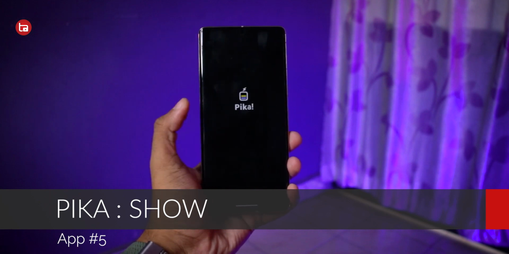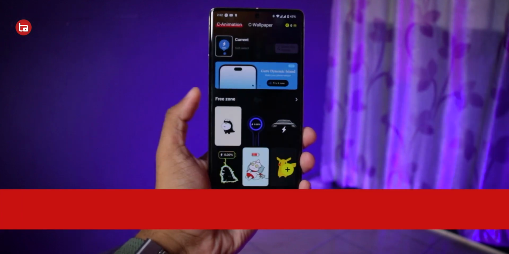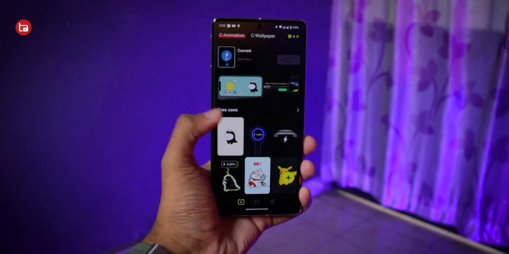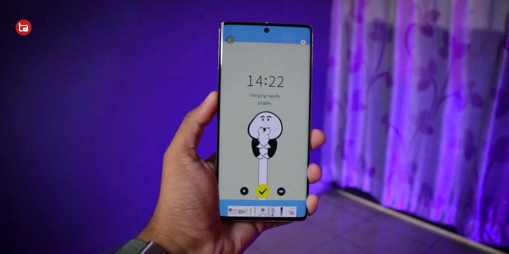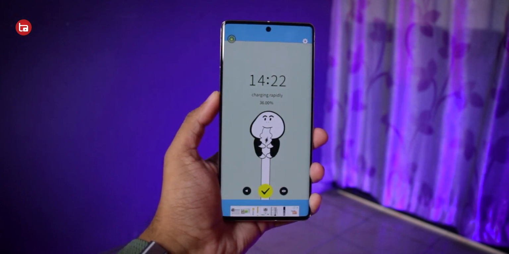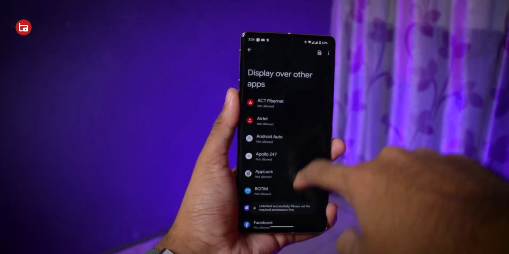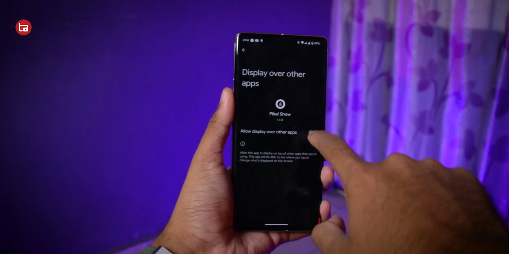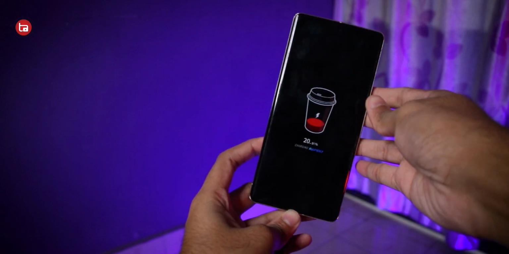This is basically an application that has a library of charging animations to choose from. You can also use the same charging animations that you can find on Xiaomi and Realme smartphones, but apart from that, it has a library of charging animations to choose from, which some are really creative and interesting and cool, in fact. So all you need to do is to enable some permissions in order to make this whole thing work. And yes, this will not consume any battery while running in the background. I've checked that. But yeah, when you plug it for charging, the animation appears, and some animations really look interesting